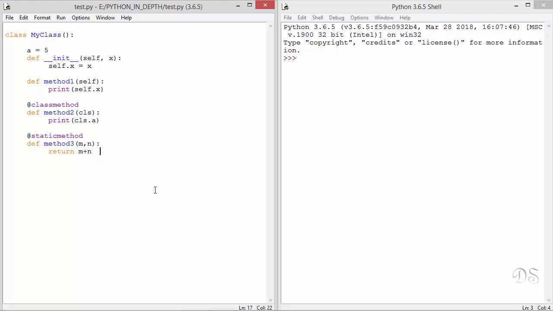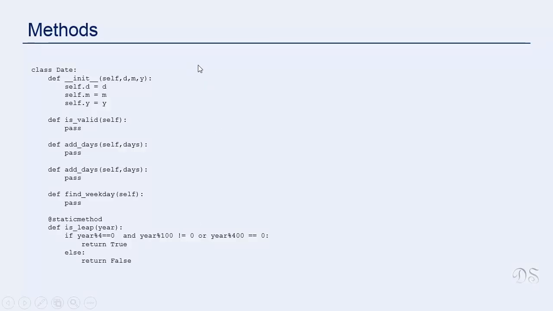So when you have to create a helper or a utility method that contains some logic related to the class, turn it into a static method. For example, in the State class, you can write a method isLeap that can be used as a helper method in other methods of the class.